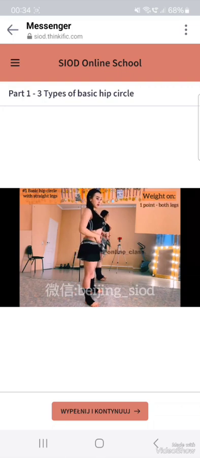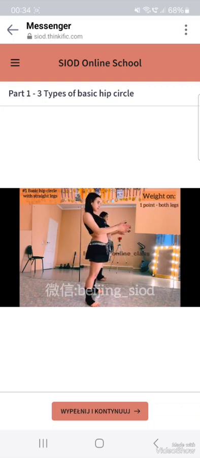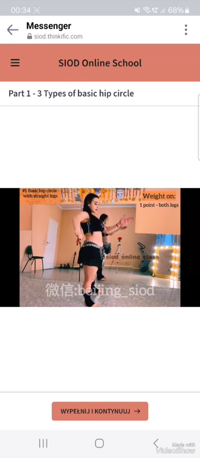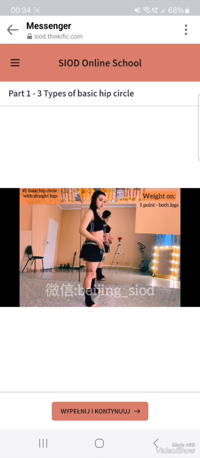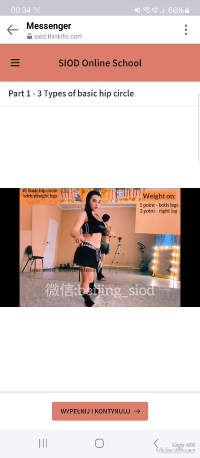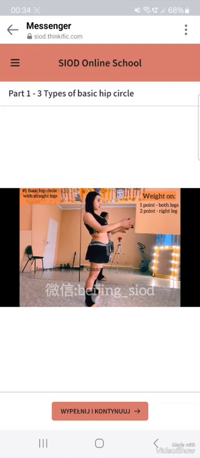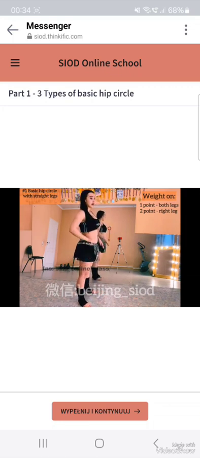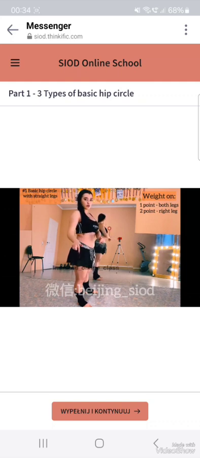This down part of our belly will move to the front, then we stretch our hip to the right side and then we move our weight from both legs to the right leg. In first point, when we move hips to the front, we stand on both legs. But when we move hip to the right side, we change our weight position from center to the right leg. Then we go back,